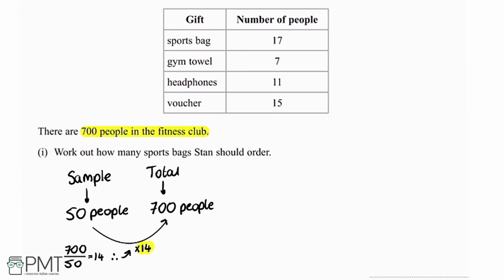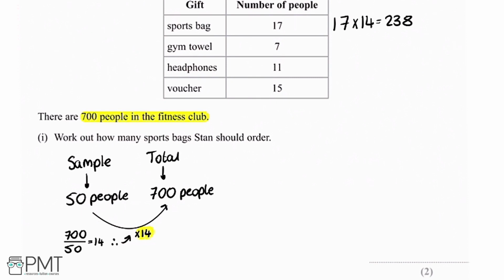So if we do 17 multiplied by 14, our number to get us up to the total amount of people in the fitness club, we get 238. So therefore, it makes sense that Stan should order 238 sports bags. So within this, we get 1 mark for this working out here. So essentially, to work out, we need to multiply by 14, and a second mark for the correct answer of